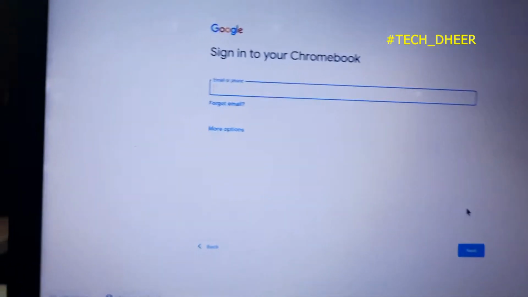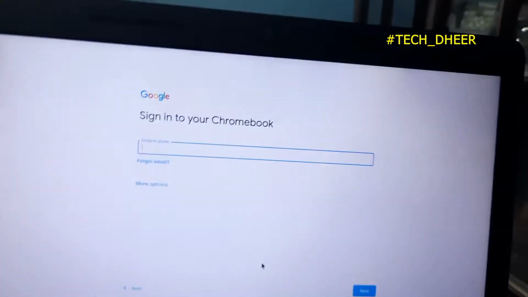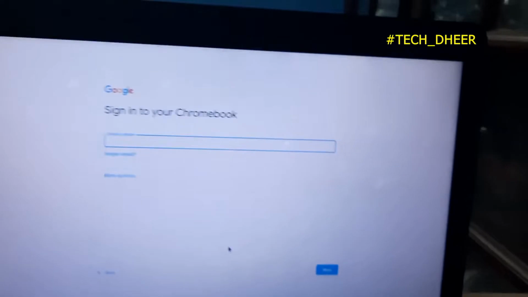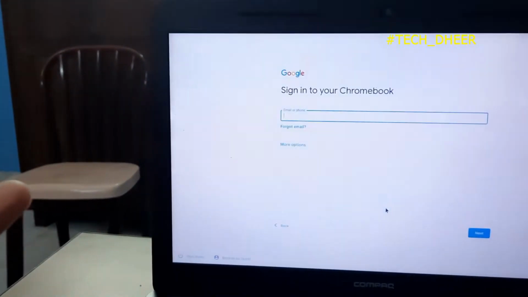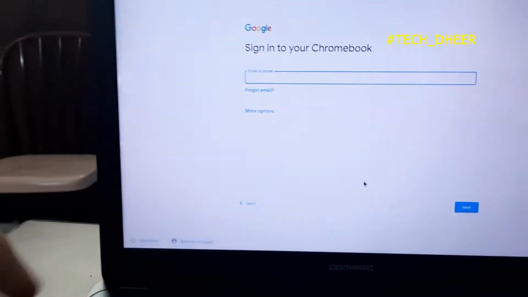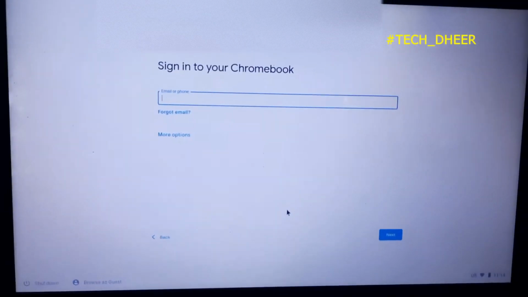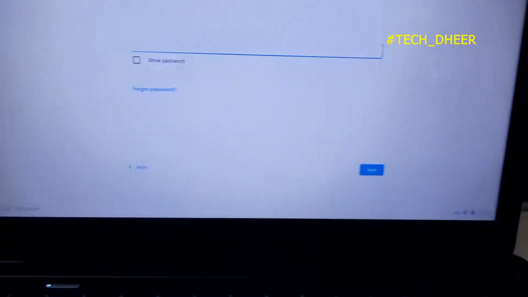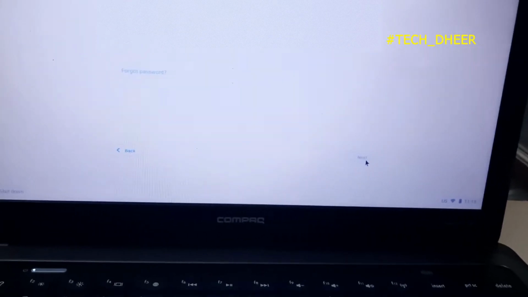And you can also try out Chromium OS without the Play Store. It is a free operating system, but it's very difficult to get the image. Don't try out FydeOS and some other operating systems like CloudReady. They are very dangerous. Okay, so I'll just sign in to my Chromebook and come back. After signing in, I'll just click on next after adding my password. Okay, next.